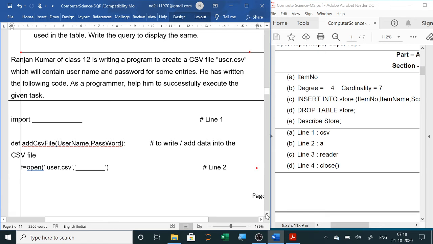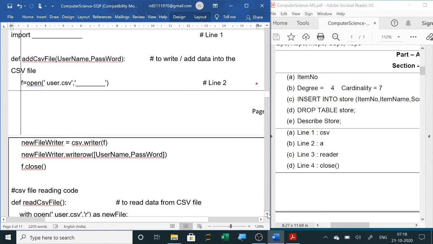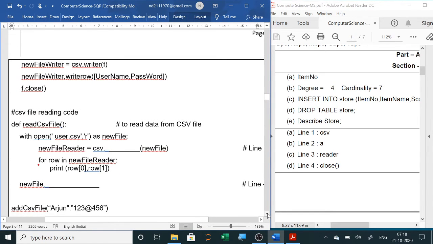Now the third fill in the blanks will be, so the writer function is over. Now for reading the file, we all know that csv.reader is a module to read the file. So here the mode is R mode, read mode. We have opened the file. Now csv.reader, so in line 3 you will write reader.